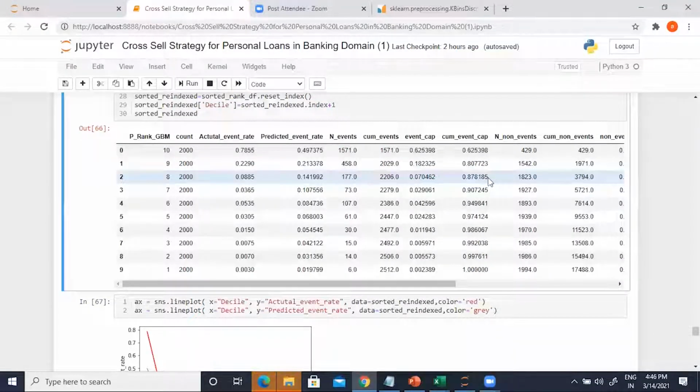So this is hugely strategic as a model. Why? Because I can literally ask them to target only these 6,000 odd customers. If you go after these 6,000 odd customers, you will have 2,200 responses as opposed to 2,500 responses by going after 20,000 odd customers. So you save 70% of the marketing cost by not going after the bottom 7 deciles, but at the same time you maximize your ROI and improve your profitability by having 87 or 88% of all responders captured in that small group.